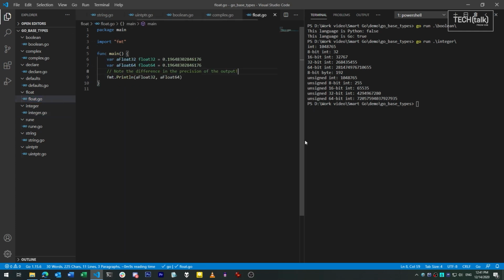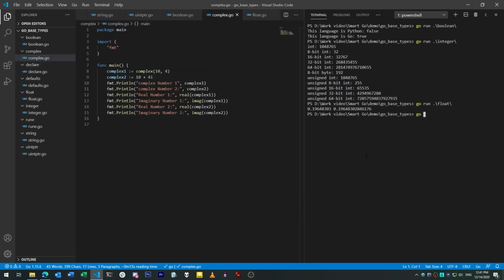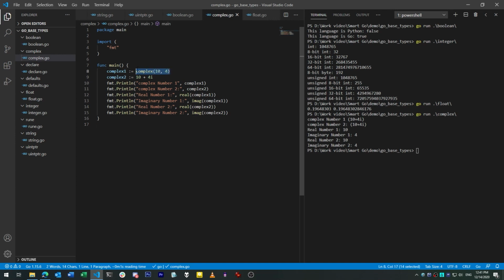For floating point numbers, Go has two built-in types, float32 and float64. There are third-party packages for a float16 type, since there are some data science applications that now make use of that format. But Go's maintainers don't plan to add float16 to the language itself unless there's widespread hardware support for it. Now, Go also has two data types for complex numbers, complex64 and complex128, which are used for float32 and float64 numbers respectively. And you can describe these by way of a function, complex(10, 4), or by way of a special addition syntax, 10 plus 4i. Both of these will yield the same value.